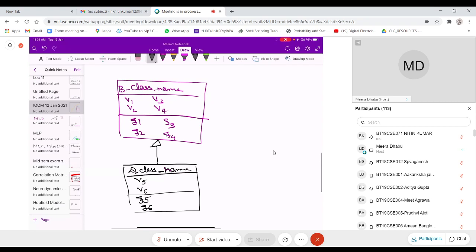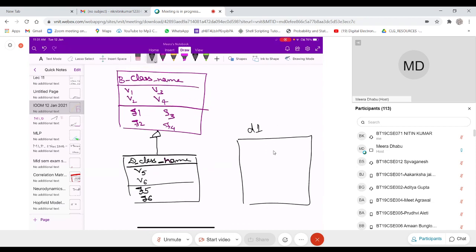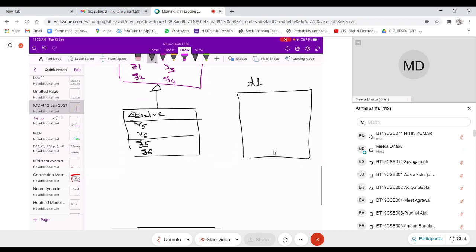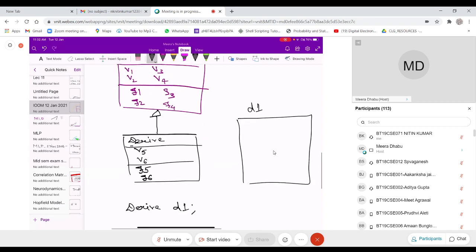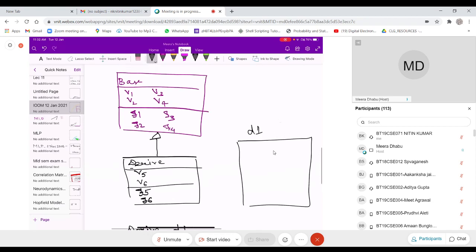The name of the class is Base here, and the name of the class is Derived here. If somewhere in the program I say Derived D1, memory will be allocated for all the attributes, and it will have not only V1, V2, V3, V4, but also V5 and V6, the newly added ones.